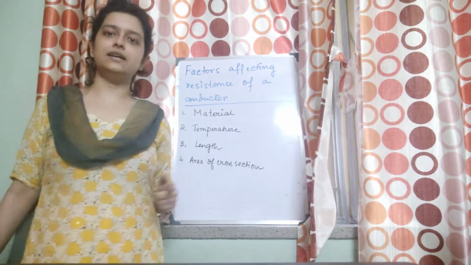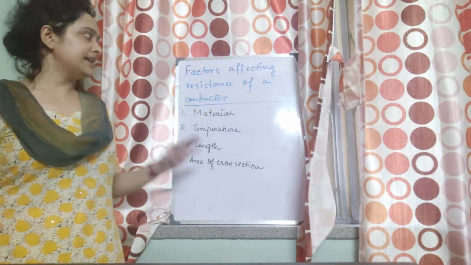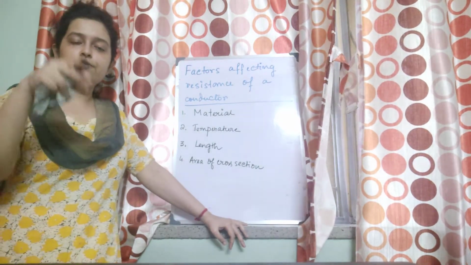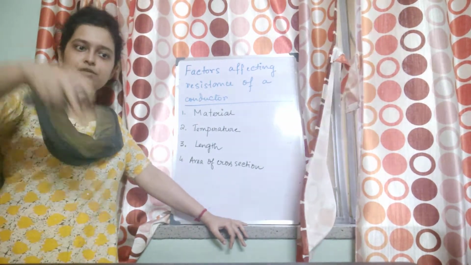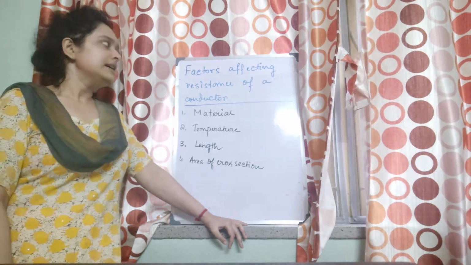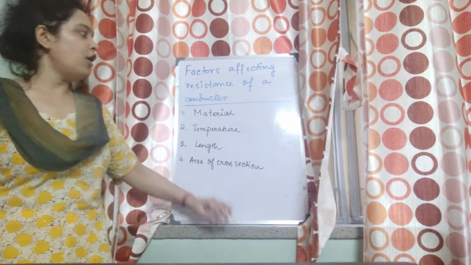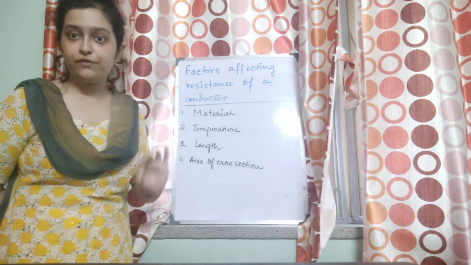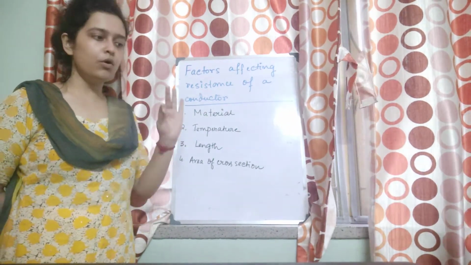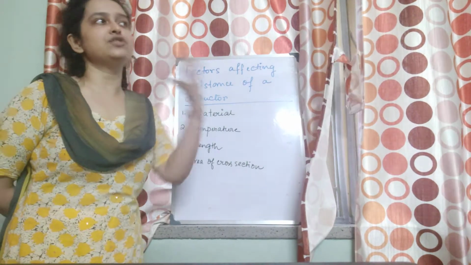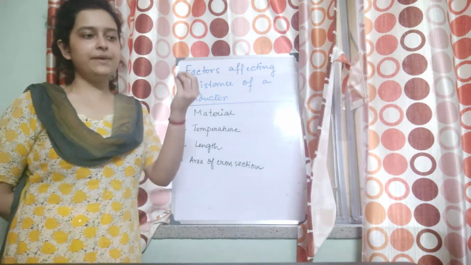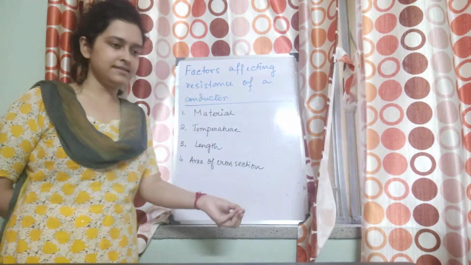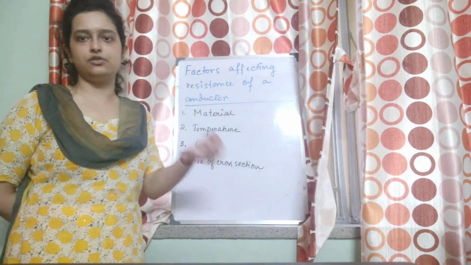Metals have more free electrons, so they can conduct the flow of electrons through them the most. That is why, for metals, the resistance is very low. So it depends on the material of the substance, right? If a material has a very high resistance, that means it will not allow current to flow through it easily.